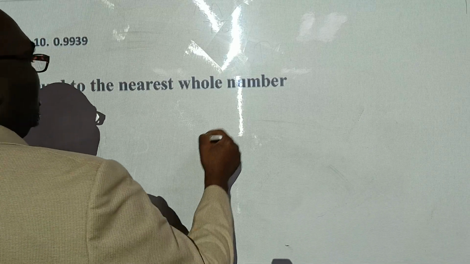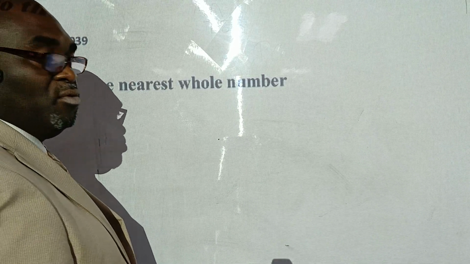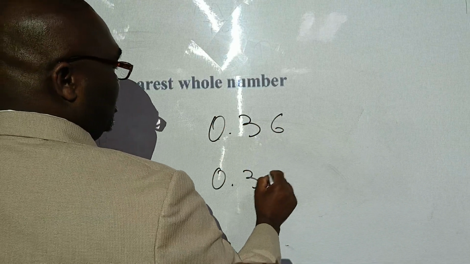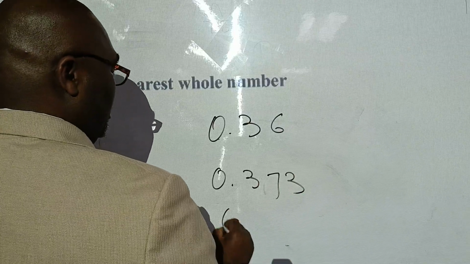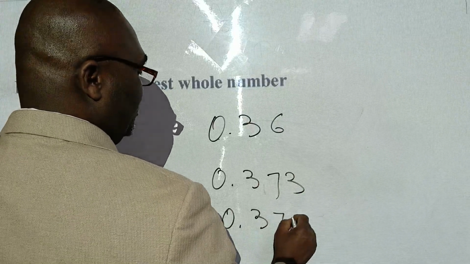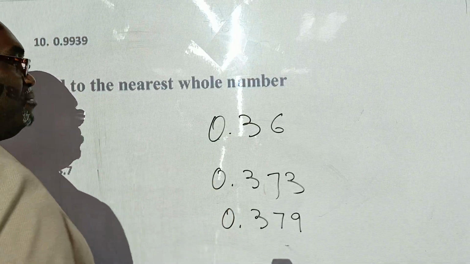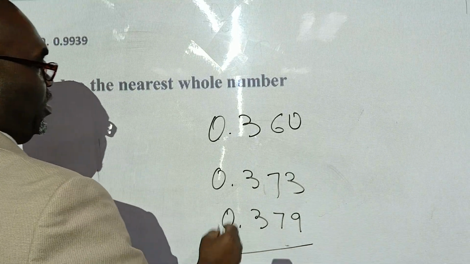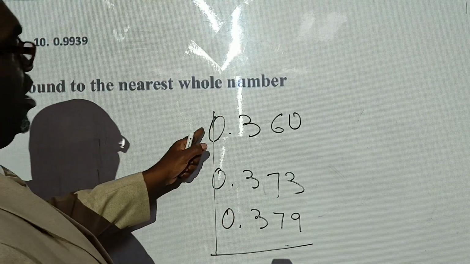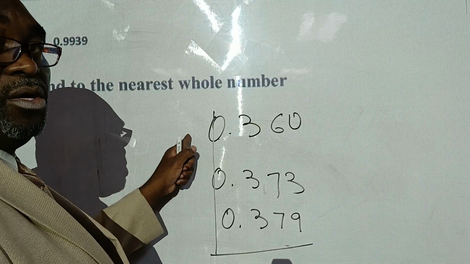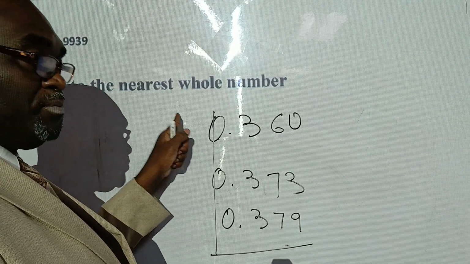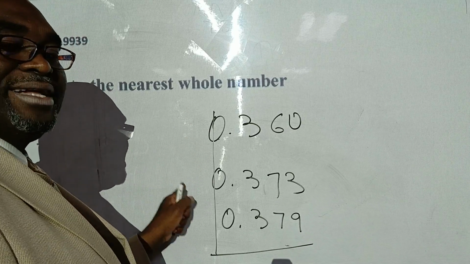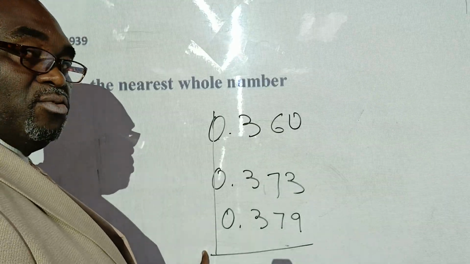All right, so we learned how you can identify which decimal number is the greatest one. So if I got those two numbers, 3, 7, 3, then I got 0, I got 3, 7, 9. So you have to compare those numbers. Since I got 3 digits, make a 0, just for the sake of comparison. Start with the whole number first. If any number here is bigger than the rest, you go with that as the biggest one. Any number that is less on the whole number, you go with that as the smallest number. If all of them are the same,